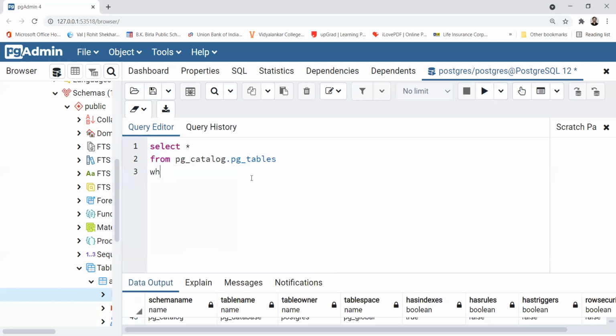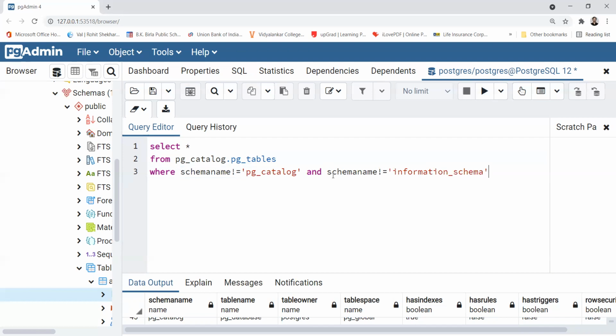So let's put one condition where schema name not equal to pg_catalog, and we had one more condition, schema name not equal to information_schema.